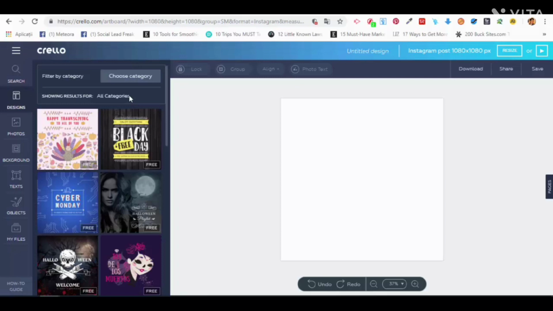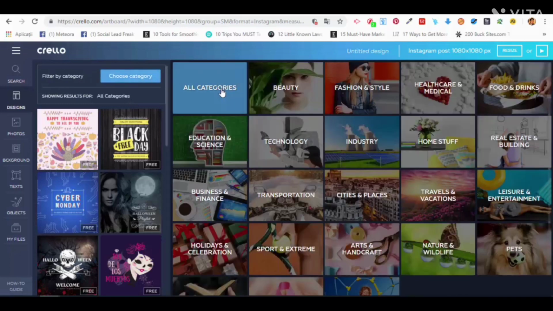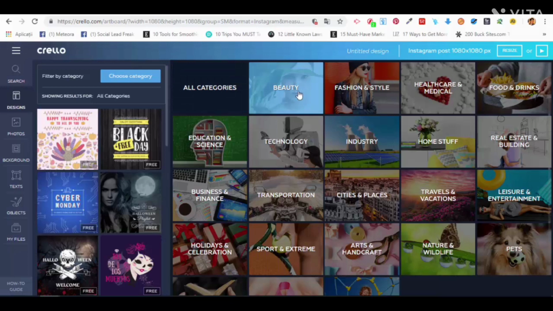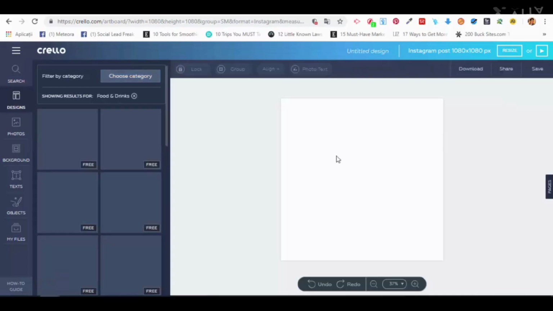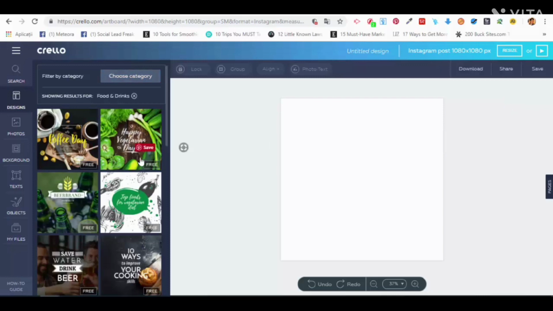your own needs. So first things first, what we want to do is choose a category. Maybe you work in the beauty niche, the fashion and style niche, food and drinks, real estate, building, it doesn't matter. We will just choose one as an example. Let's say that we want food and drinks. And you will see that we now have some templates from which we can choose in the food and